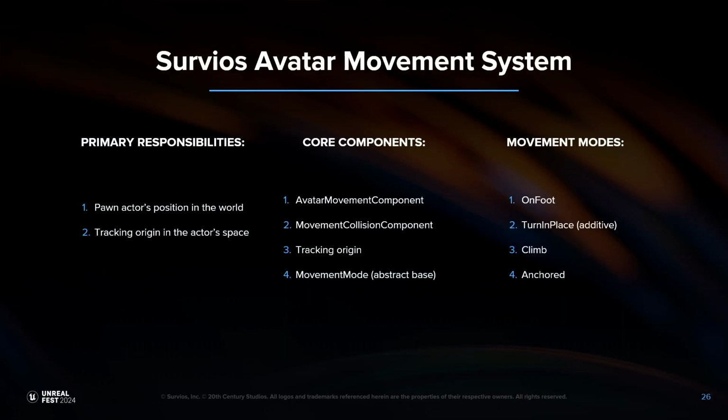So let's move on to the movement system. We rolled our own that is optimized for VR player movement. The primary responsibilities are not only moving the capsule of the player, but also potentially moving the tracking origin in the player. And the tracking origin is essentially the parent for all the tracking data, like your controllers and your head. The core components that make up the system are the avatar movement component itself, the movement collision component,